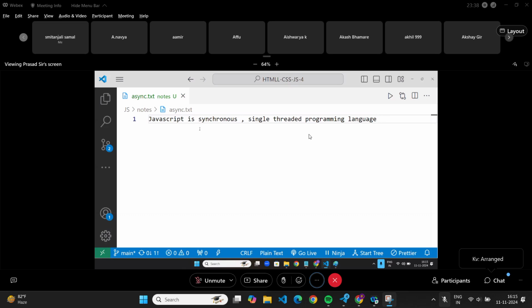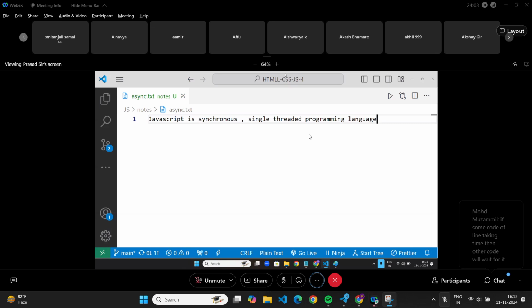They will get executed one after another. And single-threaded means one task at a time. That means JavaScript will do one task at a time, and only after one task is over will it go to the next task. It will not do two tasks at a time, and it cannot skip directly. Line by line only it will do.